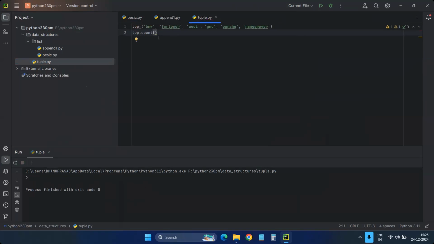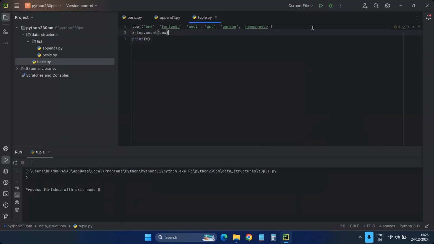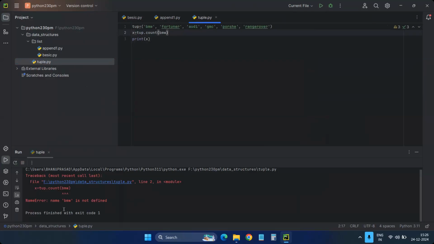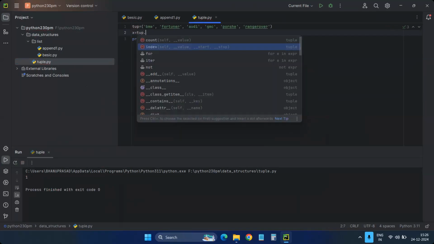Count means equal to int x. The same function I have in, sorry, you have to view in quotes. Name is not defined. You have to view. I got one. Same method I have in my list also. Let's see what are the methods I have. tup dot index,